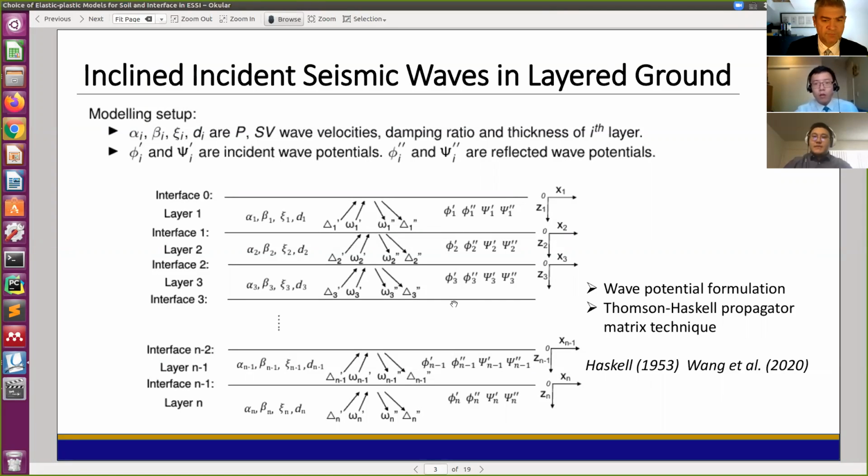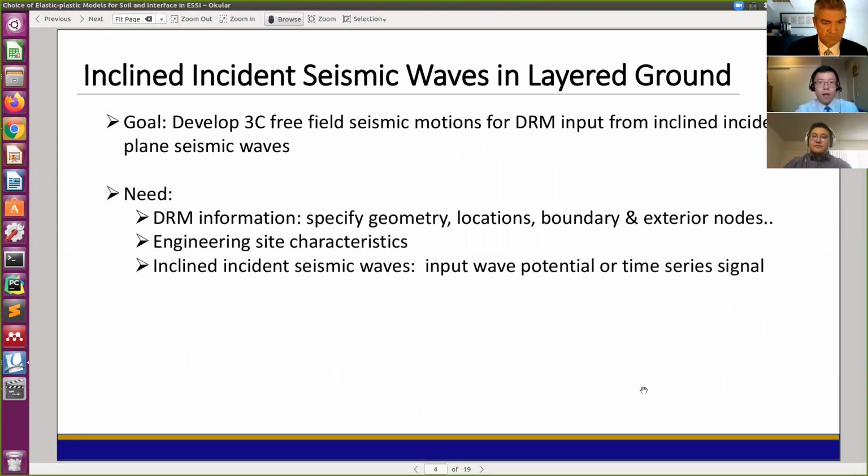As the professor said, we can solve such a layered system through the wave potential formulation, using the Thomson-Haskell propagator matrix technique. If you want to know more about the theoretical details, you can look at this reference or go to our previous lectures. And then today our goal is to develop such a 3C free field seismic motion for